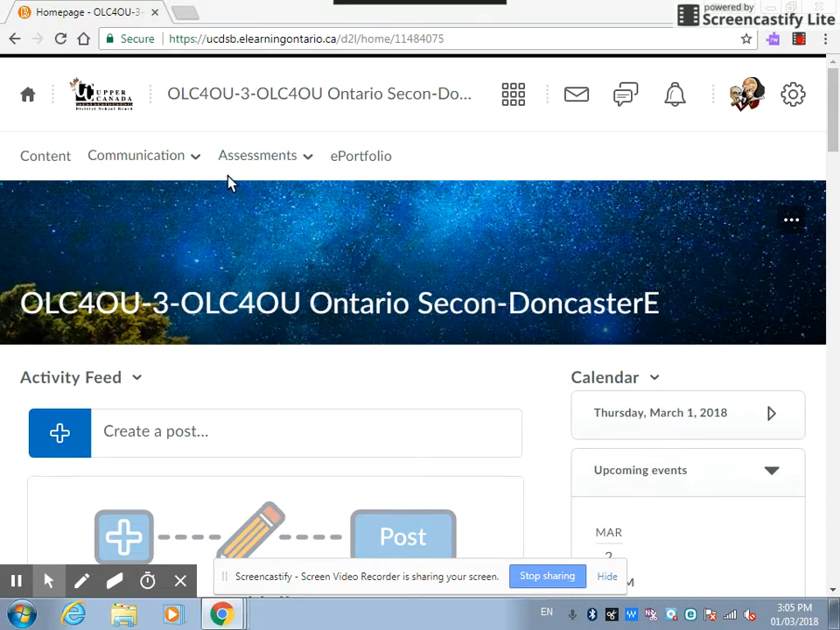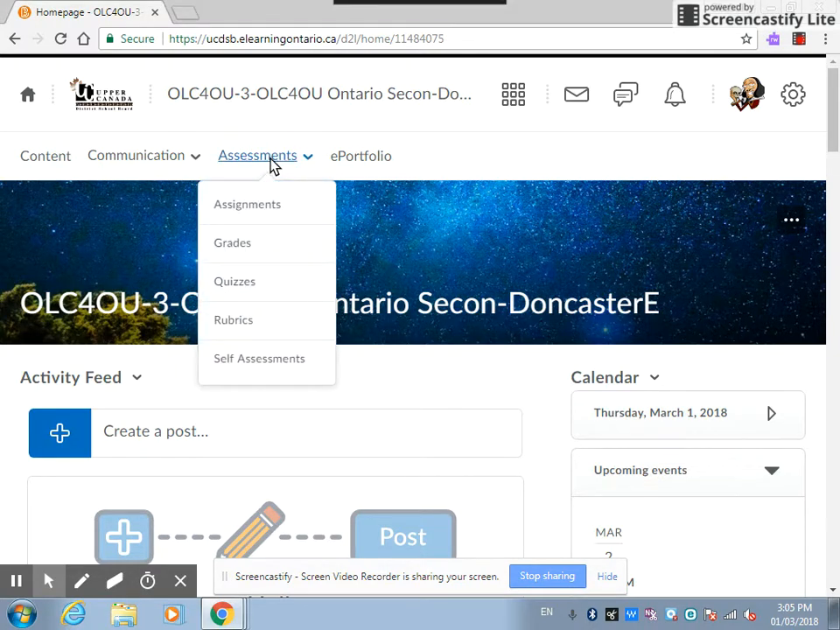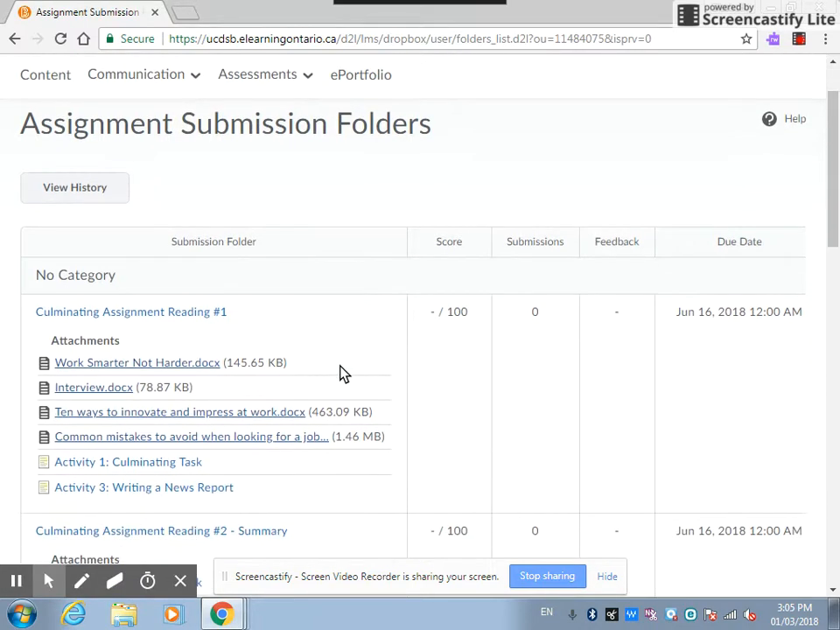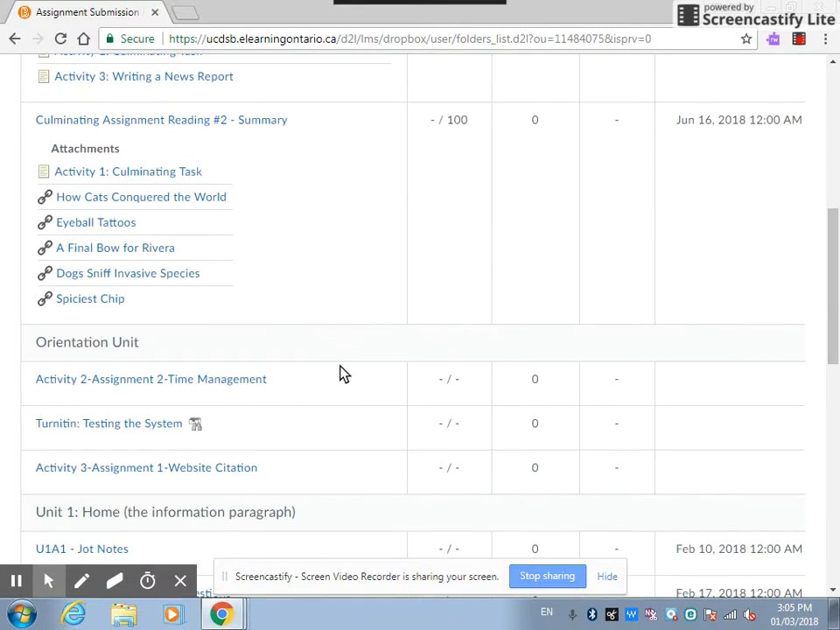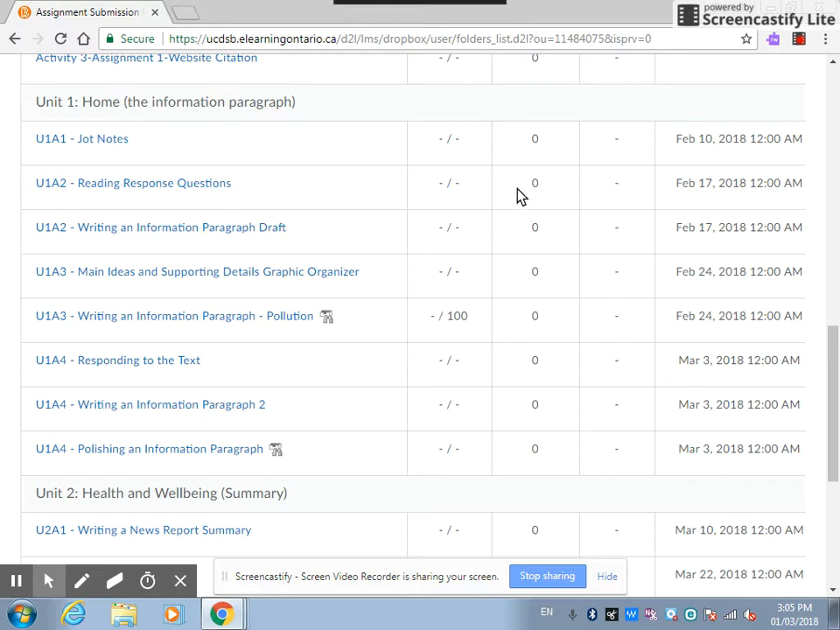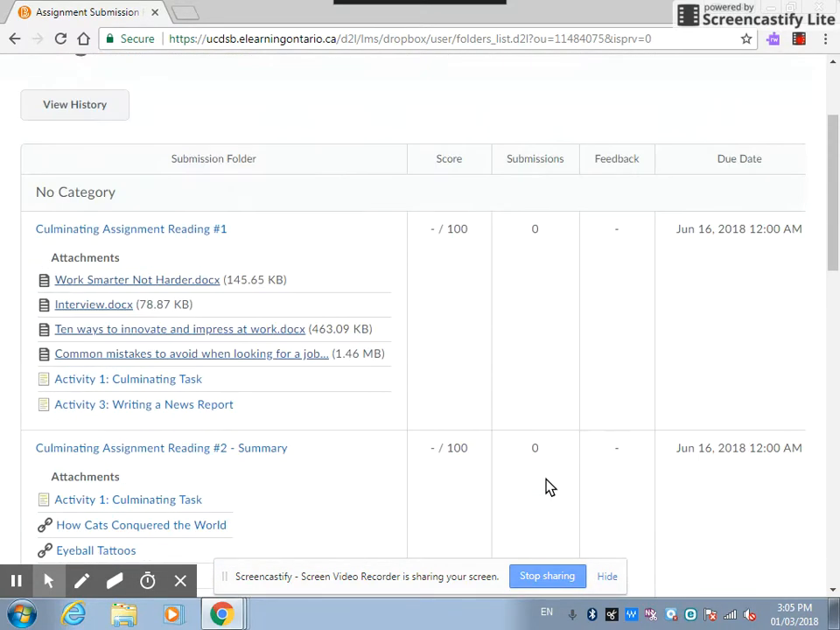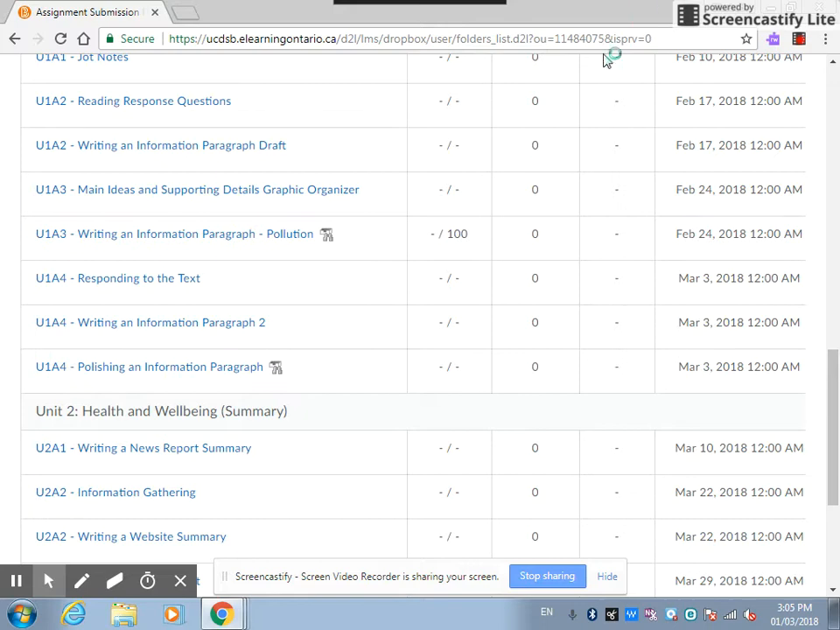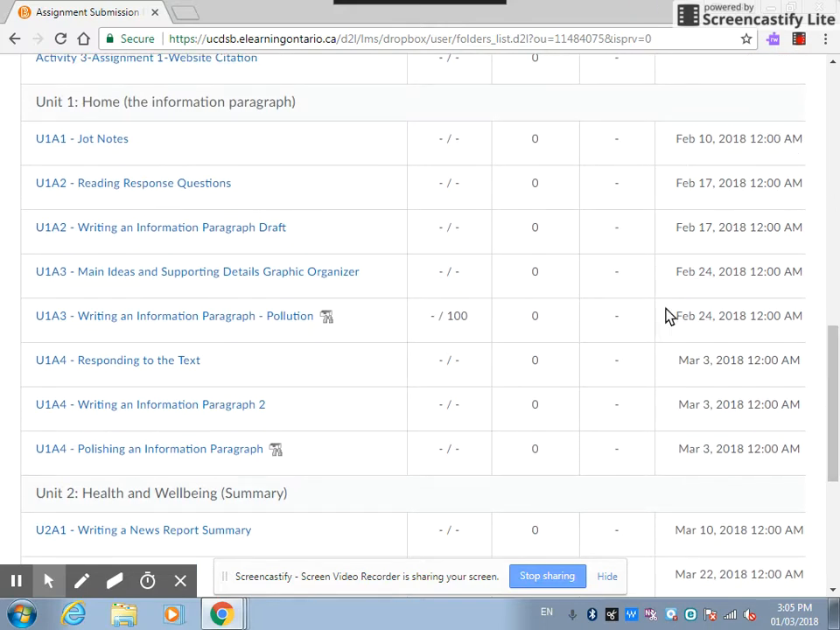So if you go to this tab when you get onto D2L, to Assessments, click on Assignments, and when you go in there you can see every assignment that there is that needs to be submitted. And what you can see on here is the grade that you've received, how many files you've submitted for that particular assignment, the feedback that you've gotten for the assignment is here, and then the due dates are in this category. So what you can see is that by March 3rd, which is on Saturday, you should have Unit 1